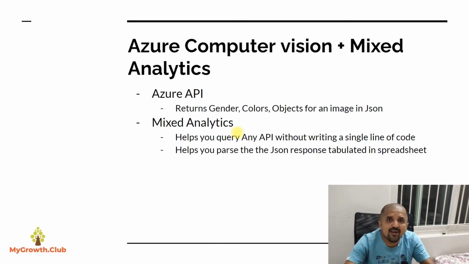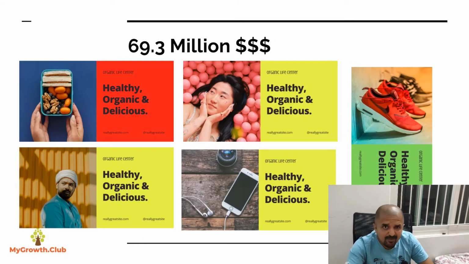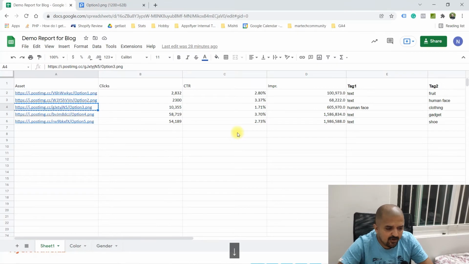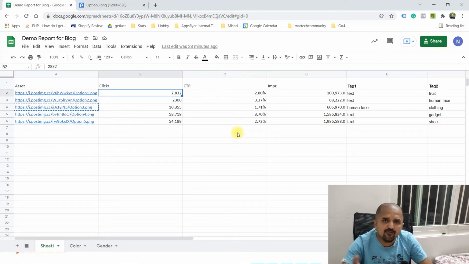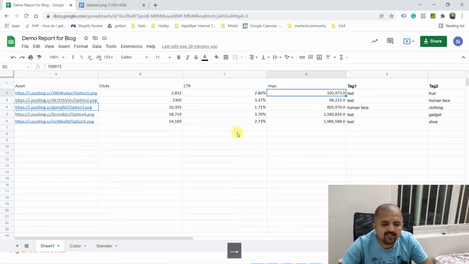Now let's take a look at the 5 images that I showed you earlier. These are the 5 images which I ran through the Microsoft Azure API, and let's see what results I got. So these are the 5 assets, or images as you can call them, and against each image I have put some impressions and clicks as imaginary values, just to make sure that I have something to compare against.